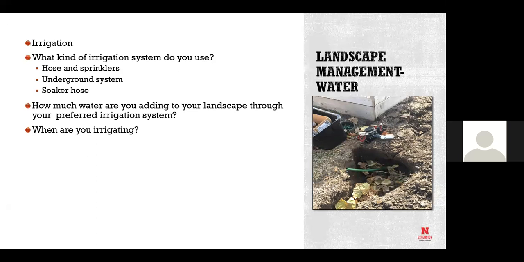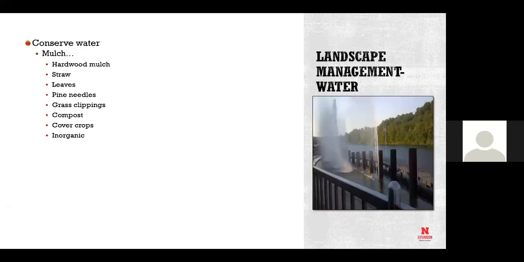And you know that tuna can thing that everybody talks about? Yeah, it does work. So go out and figure out actually how much water you're putting on, with the overlap. Rain sensors are now required on irrigation systems in the city of Lincoln. So if you're upgrading or putting a new one in, or you have an ancient old one that doesn't have a backflow preventer that meets code, you're going to get to do that one too, which is a good idea.